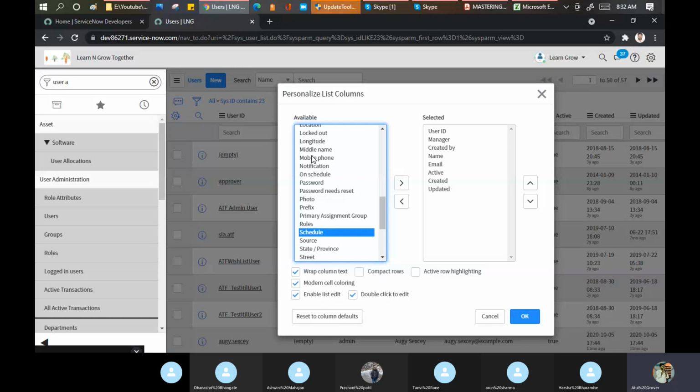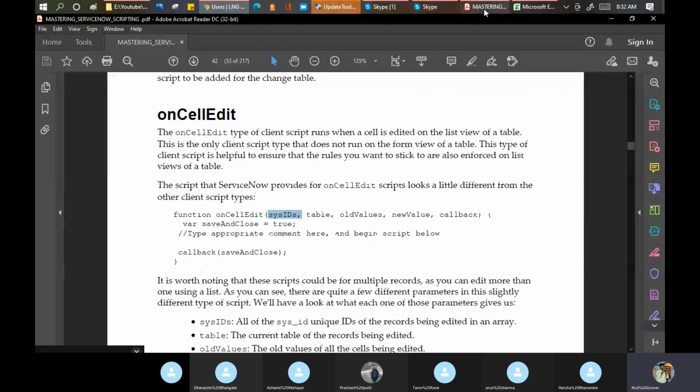That is an ACL in the background, and ServiceNow never recommends changing that ACL. Sys ID is required because sys ID is unique. Atul Grover, two users with the same user ID: how can I differentiate between these two? Only via the sys ID can I differentiate. So these things are required here.